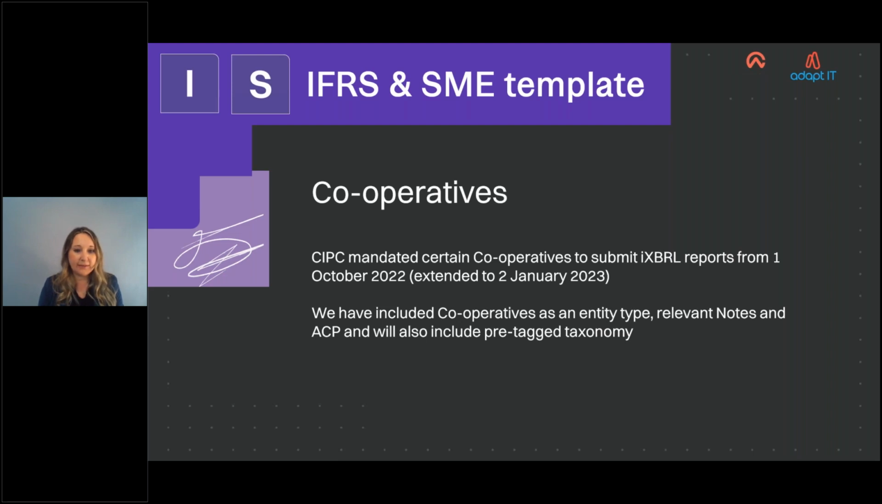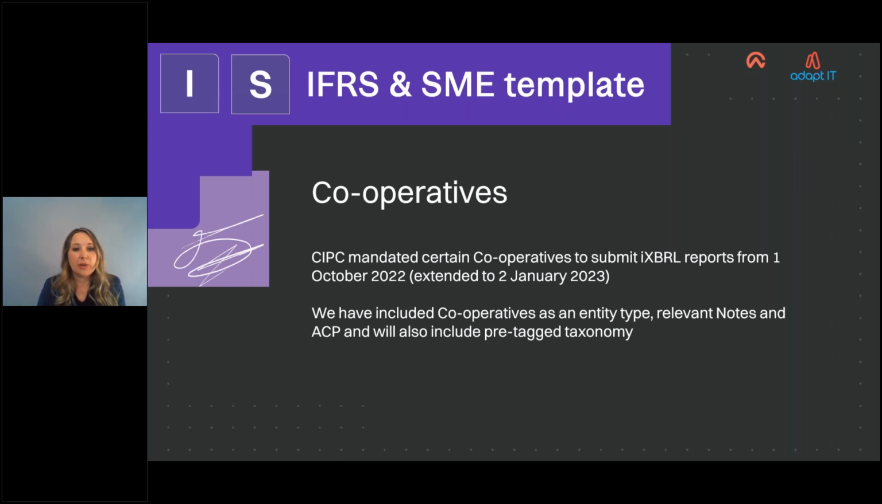So what we have done is in the information store, you will have an option to select cooperatives, and then like normal, it will change your Companies Act, it will change your shareholders to members, and directors will stay directors. Then we've also added a few accounting policies, members' contribution, member reserve, and indivisible reserves, and then the relevant notes